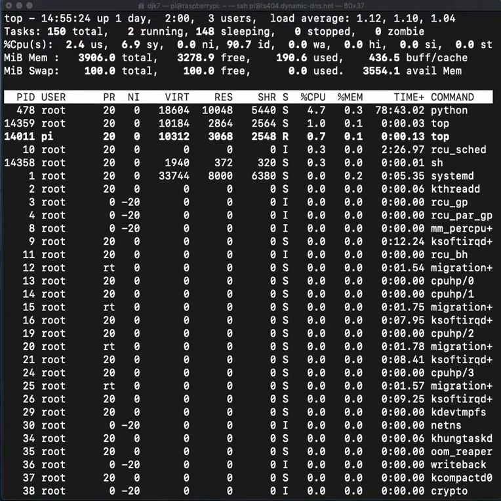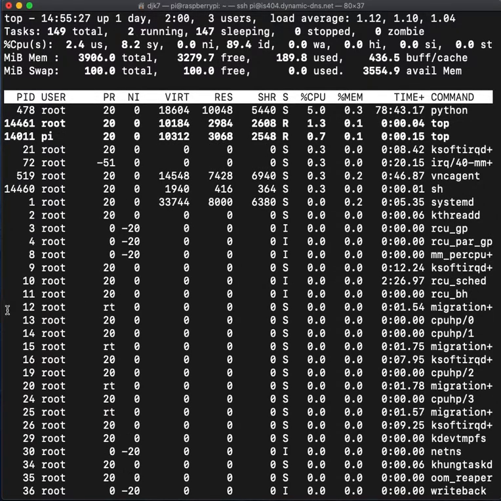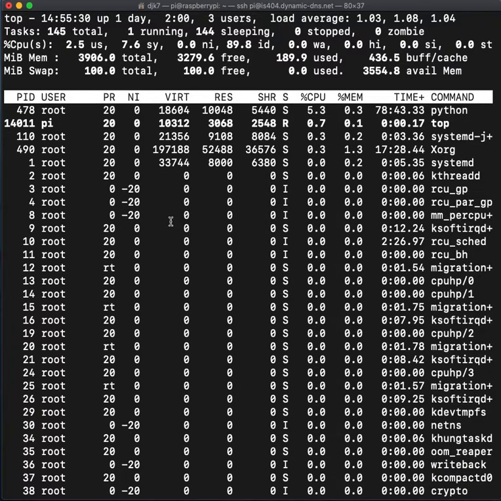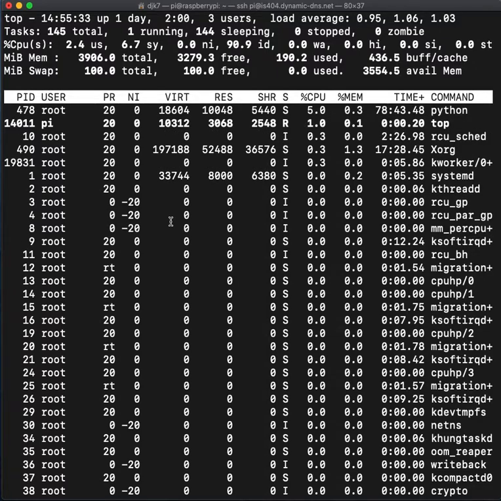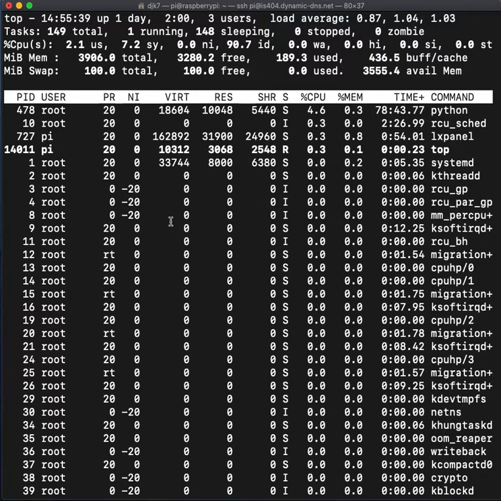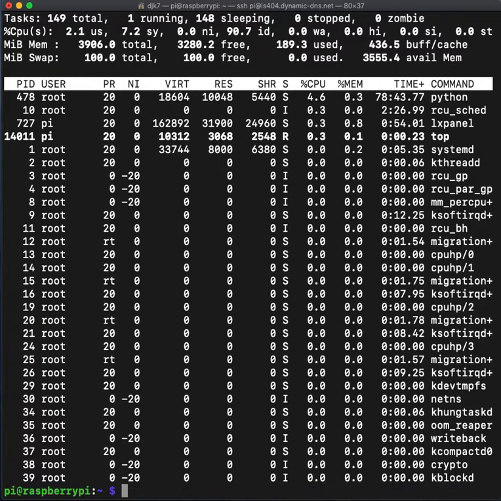Another way to look at our processes. Now the problem with this is this isn't very good for reporting. This is a real-time view, an interactive view. I could hit certain keystrokes and it'll do all kinds of fun things and sort the data in different ways. But that isn't very good for reporting, just for real-time analysis. If I want to look at my processes after the fact, get a snapshot in time, I can type